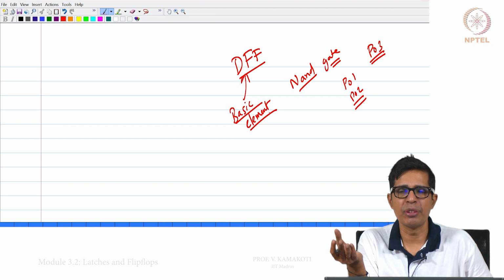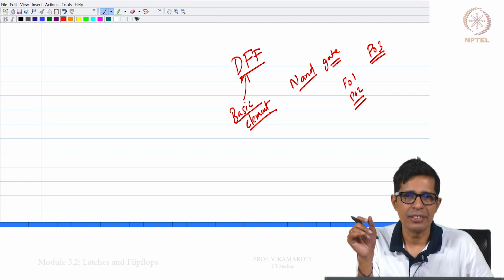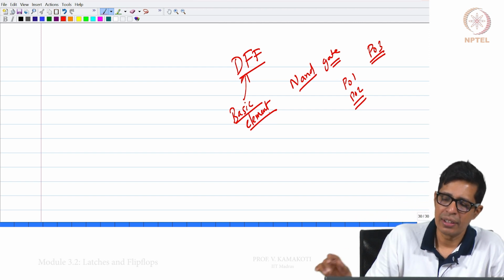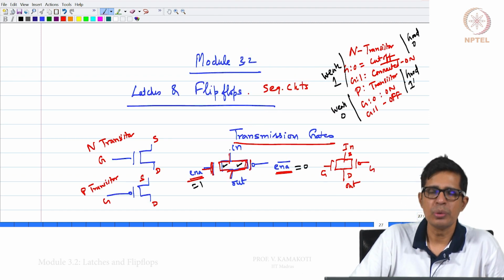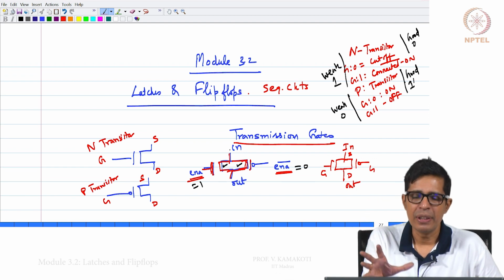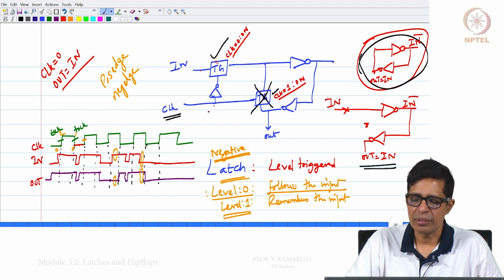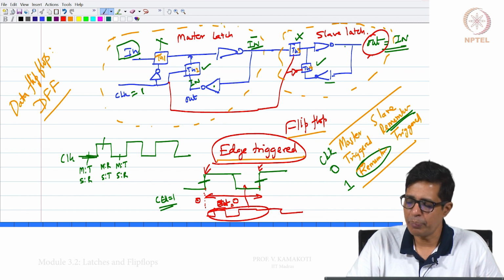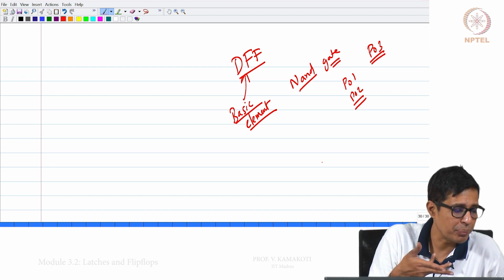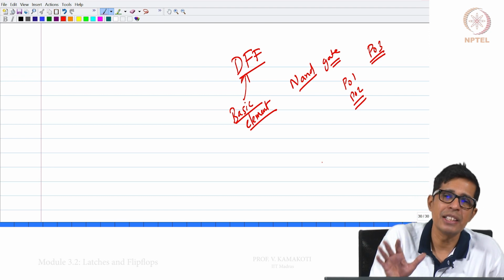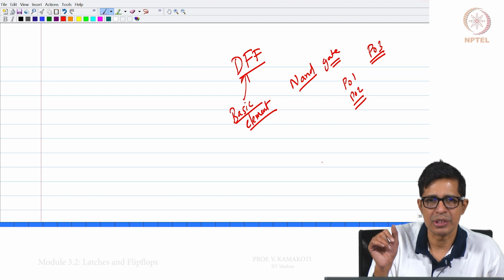We will be using this D flip flop as a basic element to construct a lot more sequential circuits. So, this is what we like to cover in this module 3.2 on latches and flip flops. To sum up, we have seen what is a transmission gate, what is a latch, and we also saw what is a D flip flop. We also stated that we need not construct the D flip flop as a part of this project, but assume that the DFF is available, and based on this DFF we will go and construct many more circuits. Thank you.